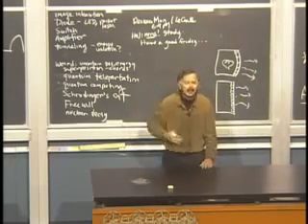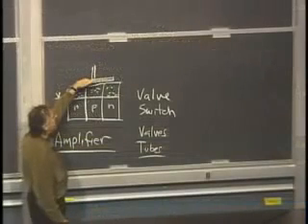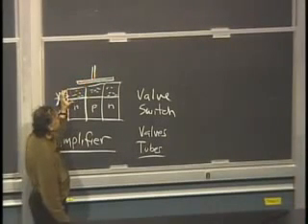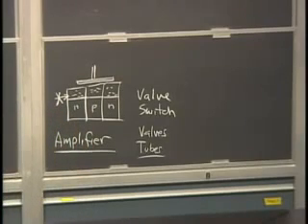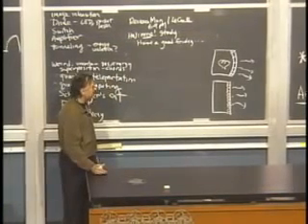Now you have an identical copy, because this thing is going on, off, on, off. And this thing is going on, off, on, off. So it's just controlling it, like controlling a valve or faucet. That's what an amplifier is.